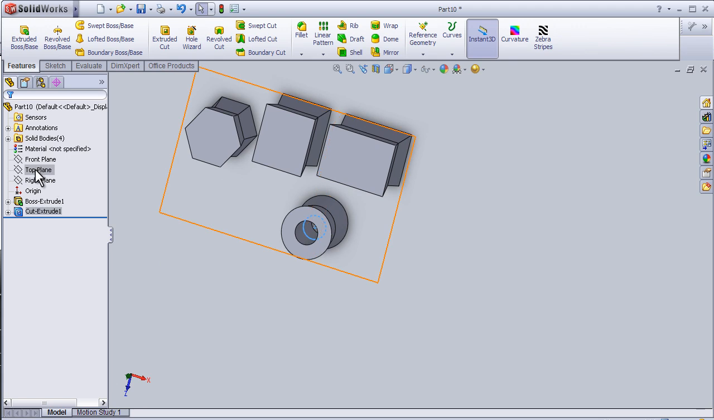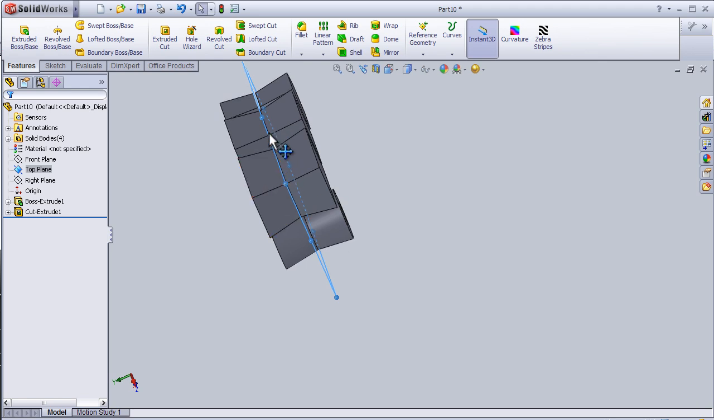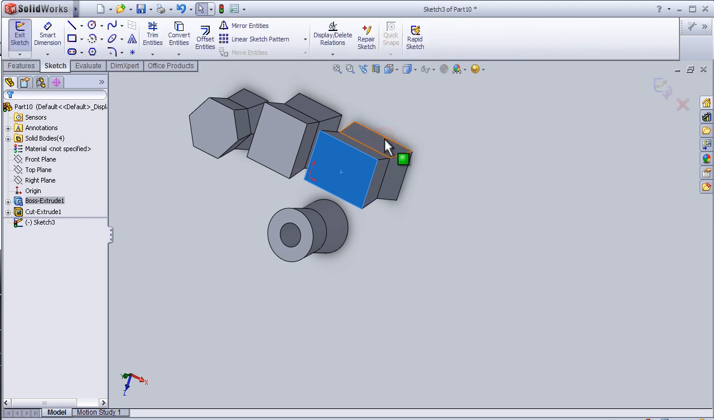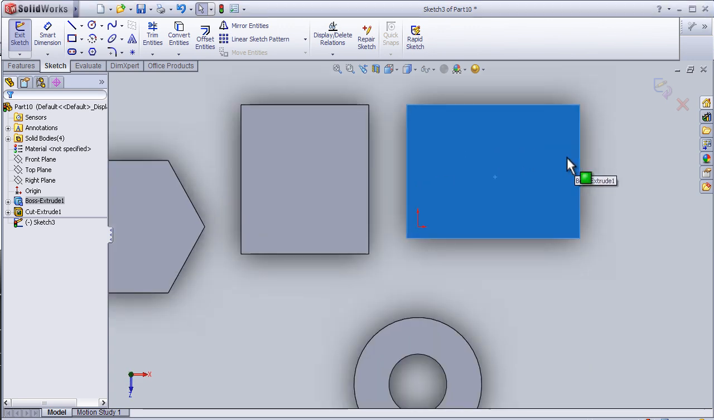I'll choose the top plane. So the top plane, as we see, is in the middle of this sketch. So we can also try to draw a sketch by choosing the surface, so it will draw the sketch on that level of that surface. If I press on that surface, we see here sketch. I'll press on sketch, normal to, so I will be able to draw a sketch on the surface of this part. So let's draw a rectangle